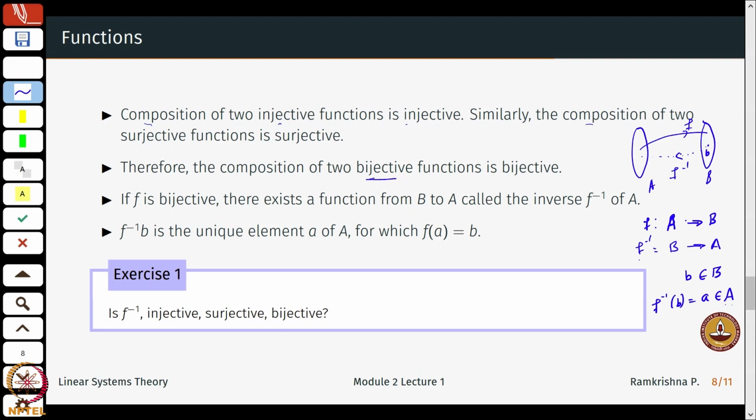Again, we would have done this in some setting, in some math course, but just to make it a little more formal, here is a little exercise for yourself: given that f is both injective and surjective, what is f inverse? Do the same properties hold or not? Again, this should be like a 2-line proof.